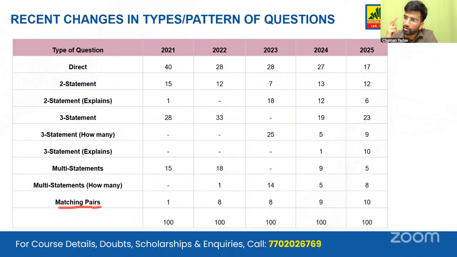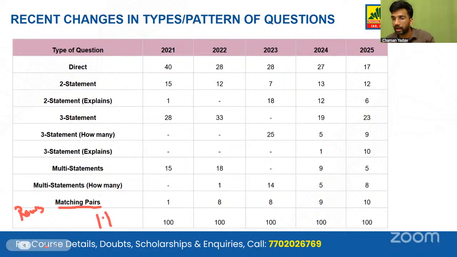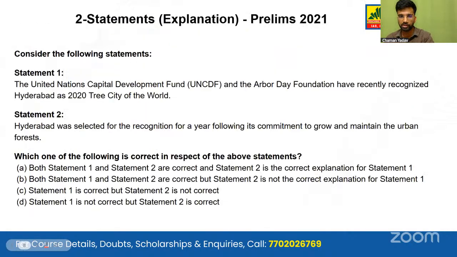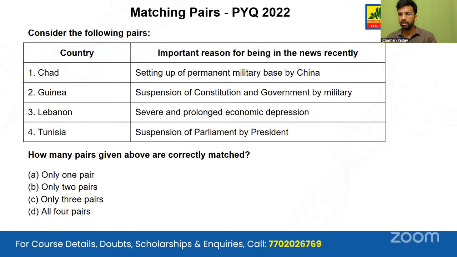And one more thing, over the past 2 years, they are increasing the difficulty level, they're upping the ante, and they are asking to match the rows. So instead of two columns that we have to match, now we have three columns that we have to match. Now match the rows. So let's take one of the examples of these type of questions. This current affairs based IR question was asked in 2022, the year in which UPSC started asking these how many type of questions.